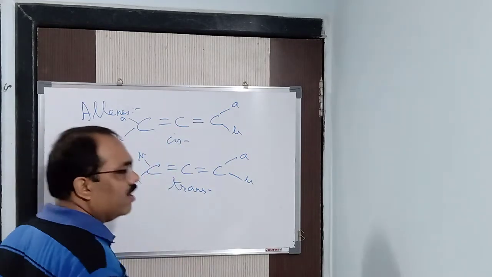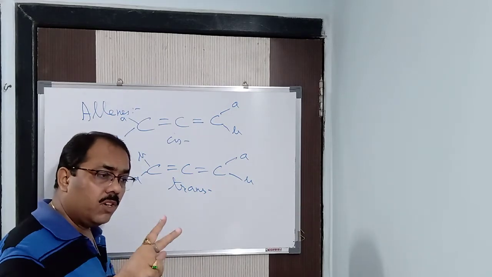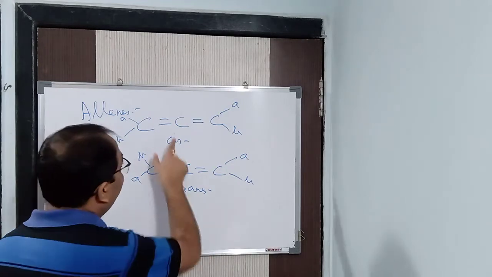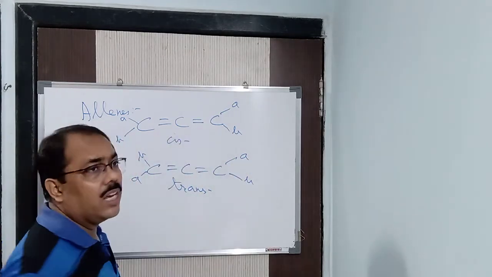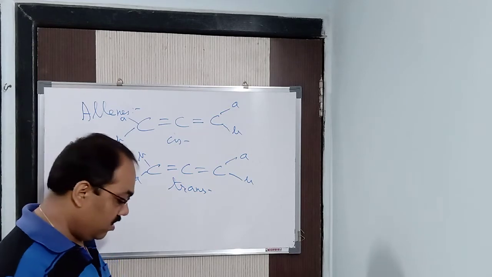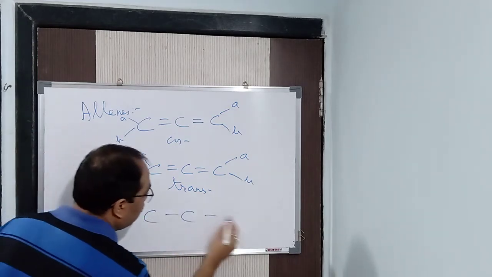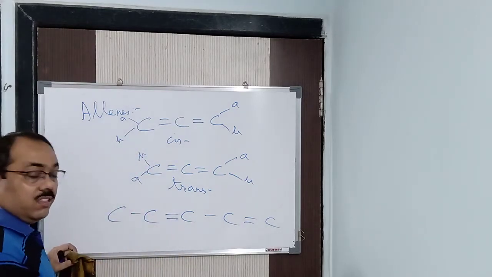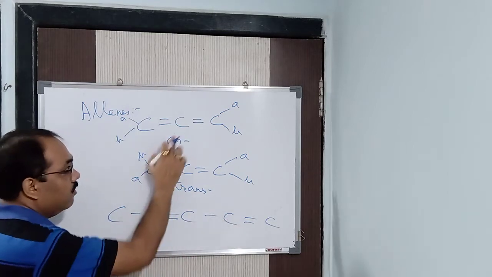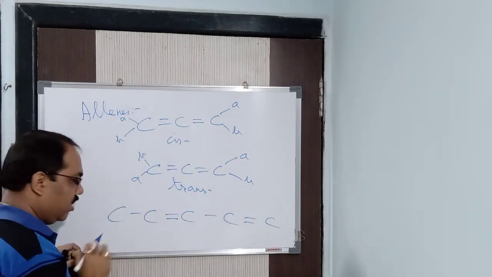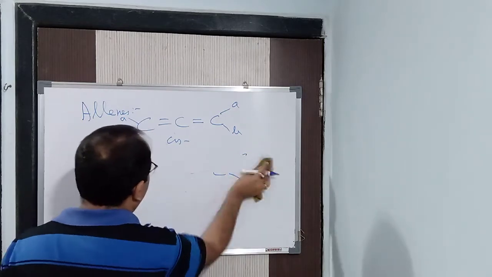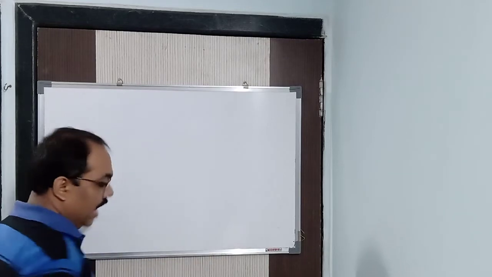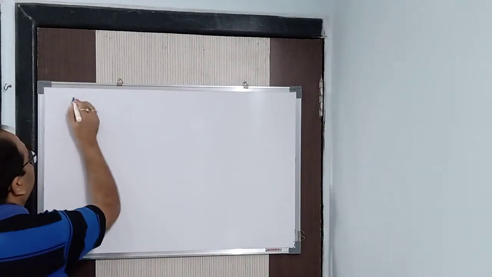Clear? Now, why did I say diene? Because the 2 double bonds can be at the first carbon and also at the last carbon, or anywhere in the middle. But if both are attached to the same carbon atom on either side, then it is called an allene. Now this is not an allene. See students, this is a double bond and this is a double bond. This is simply a diene, 2 double bonds are there. But this is an allene. See the difference here. I hope it's clear. Now next, after allenes, we will come to alkylidene.